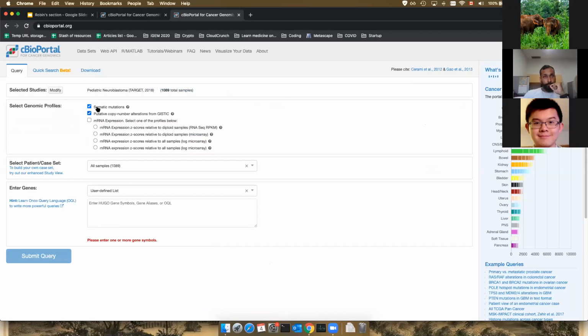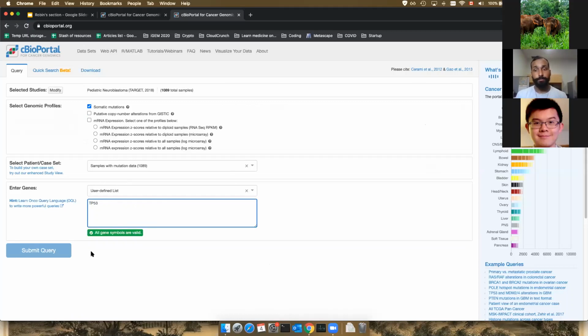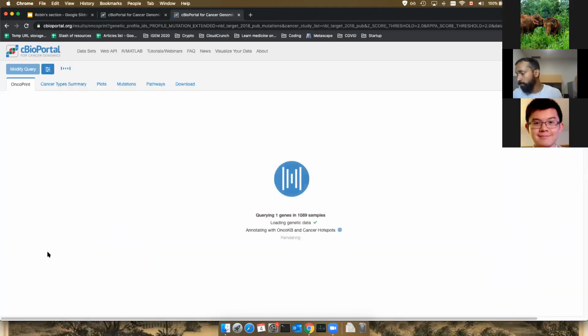It's asking us what type of data we are interested in, and we said mutations, so we select the mutation data. Here you can custom select different patients, but we'll just say, show me all the patients in the data set. And here it's saying, what gene are you interested in? And of course we said, we're interested in TP53, and that's it. That's as simple as it gets. You selected a cohort of patients, what data you want to look at, and what gene you want to look at. So once you press submit,